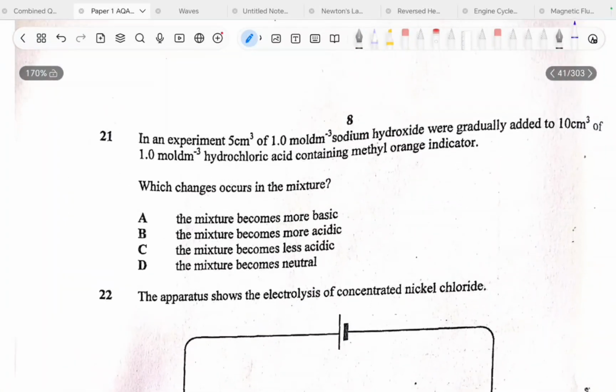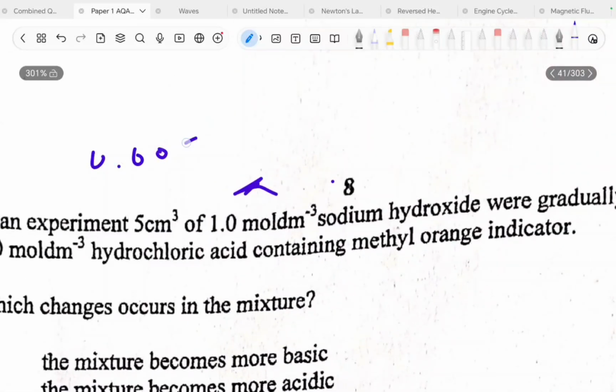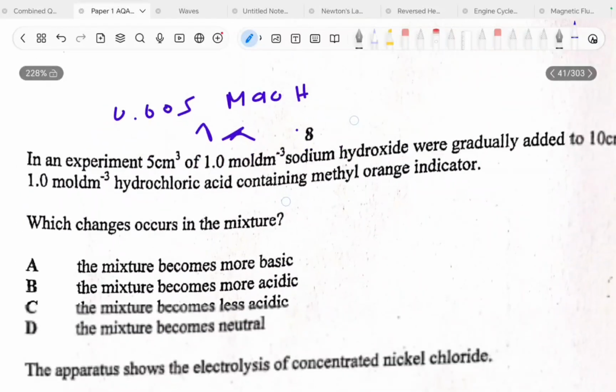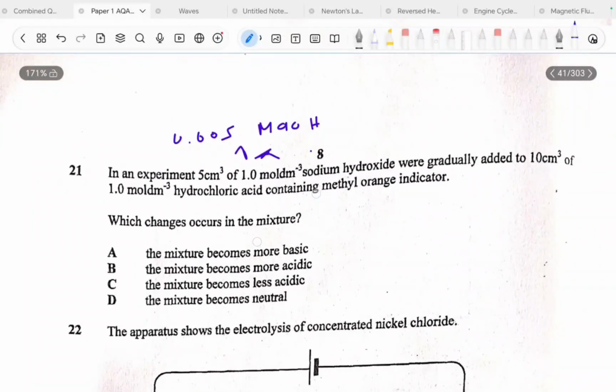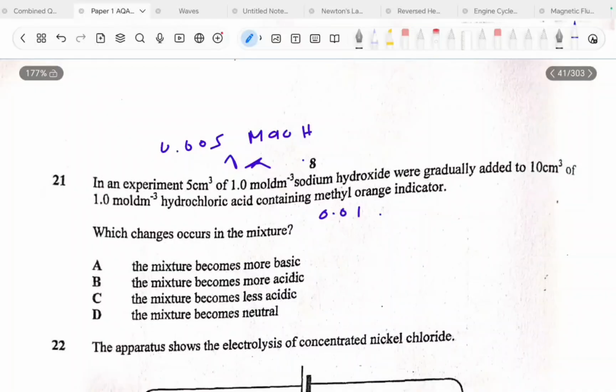In an experiment, 5 cubic centimeters of this were gradually added to 10 cubic centimeters of HCl. Okay, so again, start with the number of moles. How many moles in this? It's going to be 0.005 moles of NaOH. And then moles of HCl is going to be equal to 0.01. So what they're saying is you titrate